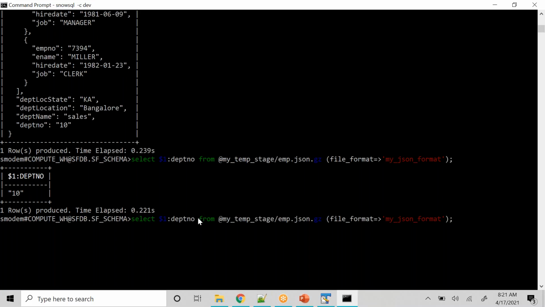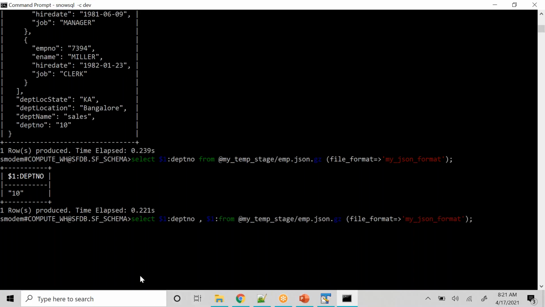Here, when you are trying to extract the data, you have to say column colon key. You have to remember this whenever you want to extract something from JSON, because that makes it easier to write your SQL statement. So I can say $1 colon